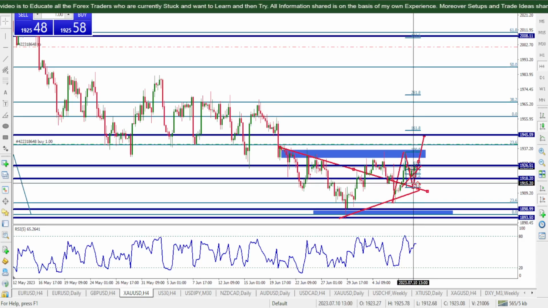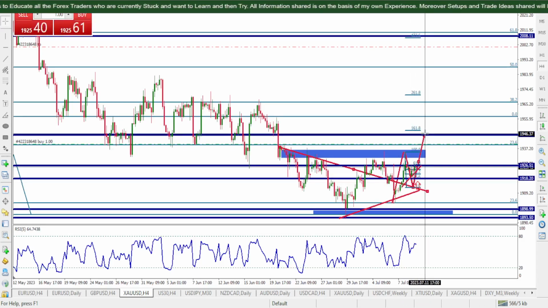1945.59 is a clear level that gold is going to complete most probably tomorrow. London session, New York session, and Sydney is open at this current moment. Right now it is open, and Tokyo will be open in maybe the next 2 hours from now. So let's see, I'm so excited.